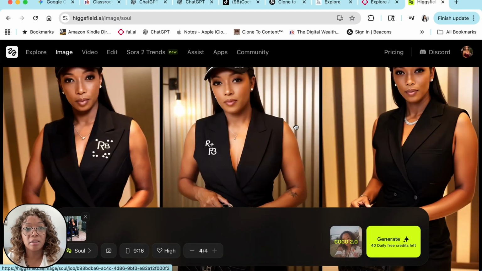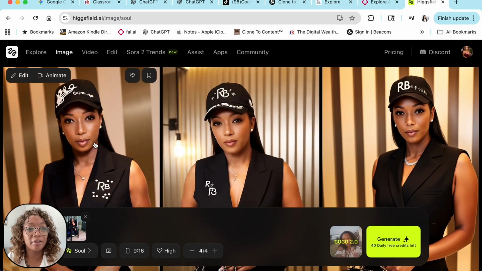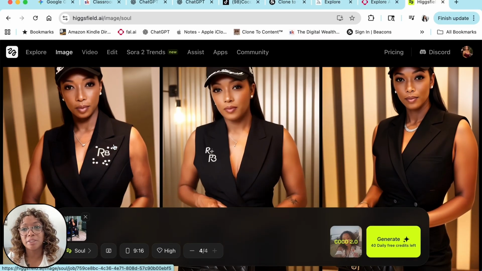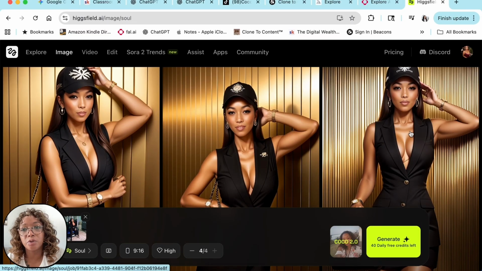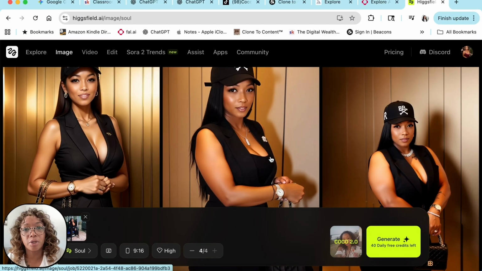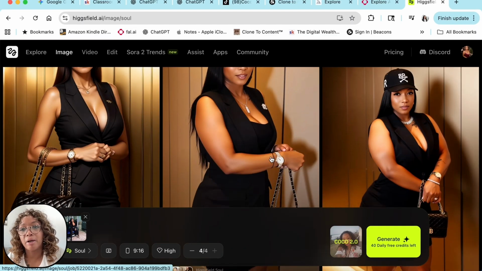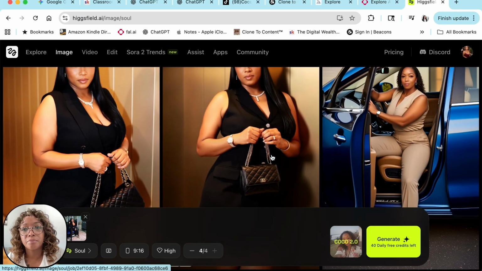In the end, some of these don't look like me. Like here, I have an aunt that looks just like that, my aunt Catherine. I was like, I look like Aunt Catherine, but that one didn't look like me. You just have to keep playing around with it. These were kind of cute, but these look kind of cartoonish and don't really look like me. So I just had to keep tweaking it until it came out the way I wanted it.